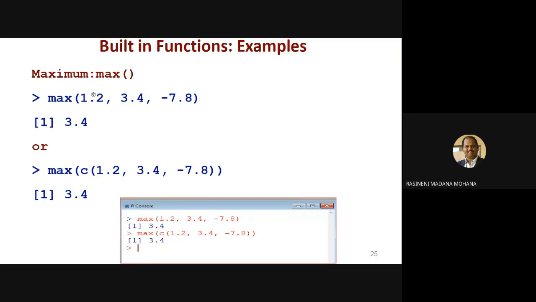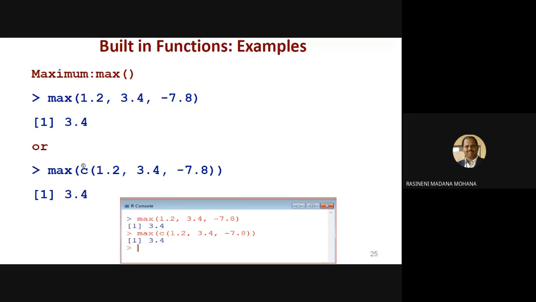Now let us see examples of these. To find the maximum, MAX, within the function brackets you can mention any numerical values. Suppose here I am taking floating point values 1.2, 3.4, minus 7.2. Among these three, the maximum value is 3.4. So it gives 3.4. The same you can do, instead of giving all the values directly to the max function, using the c command, like a vector.